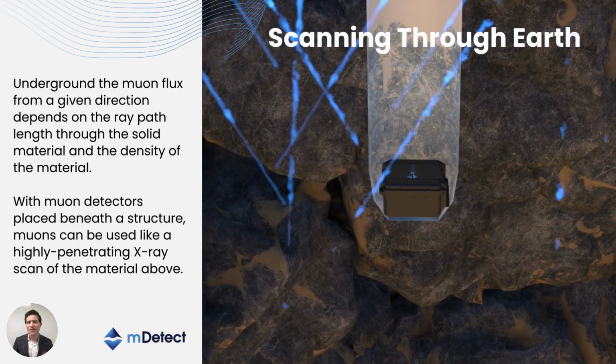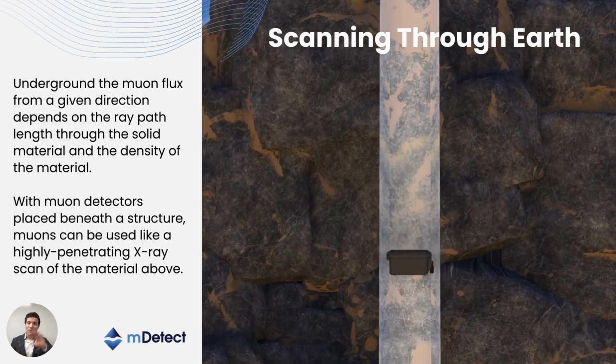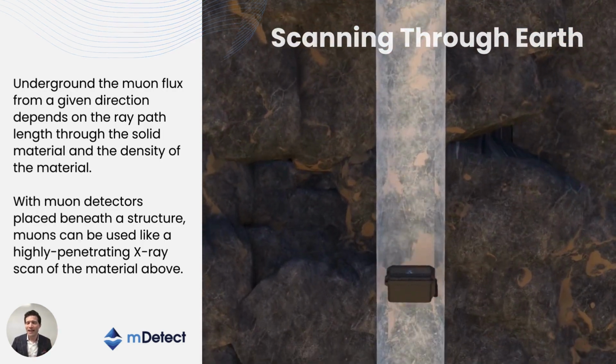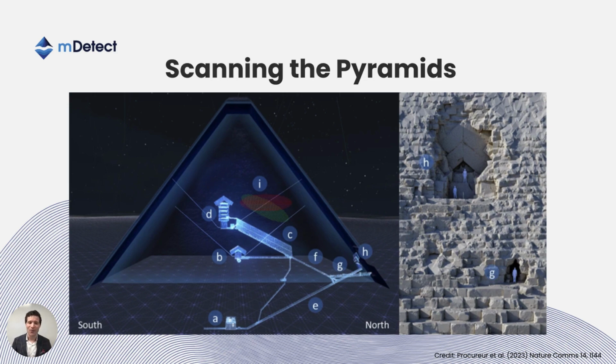There are more muons arriving than our model suggested, telling us that there's in fact a low density region, maybe an air cavity. And that's exactly one of the use cases of muon scanners. It's incredible work that has gone to the Great Pyramids. The teams have placed muon detectors all around within and around the Great Pyramids, and they're looking for hotspots where more muons arrive than they had expected, revealing a hidden burial chamber.